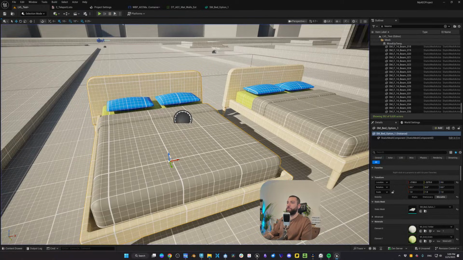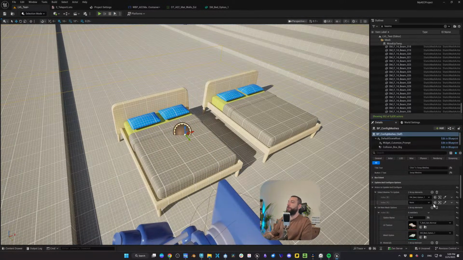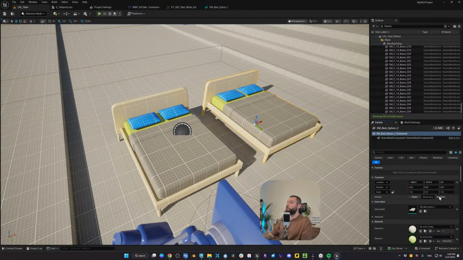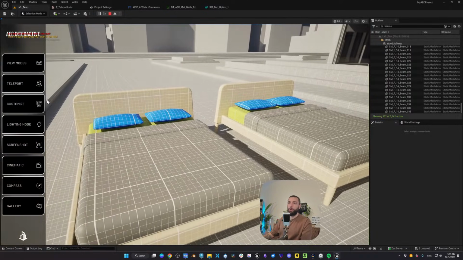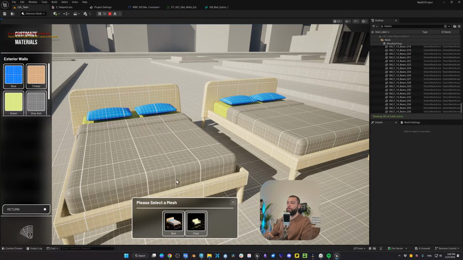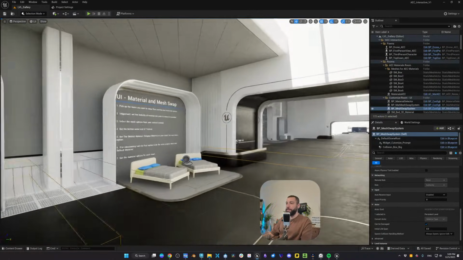And let's say I want to swap multiple meshes. All you need to do is to add another array element and select the mesh you want to swap. Make sure it's set to movable, and now we can swap it. So let's go to customize, swap mesh, and now you can swap the meshes. Now, what if we have a mix of both, swapping materials and swapping meshes, and that's the third little system we have here.